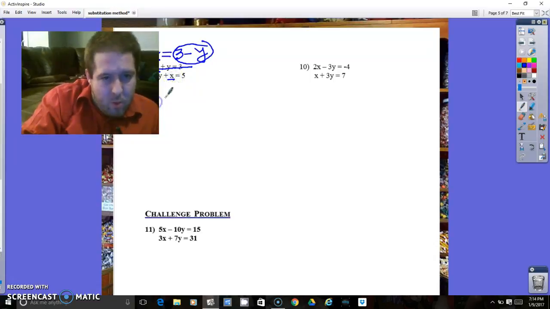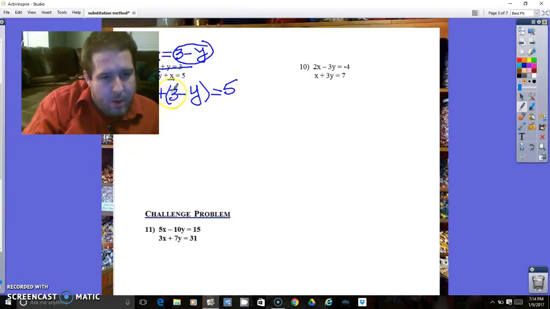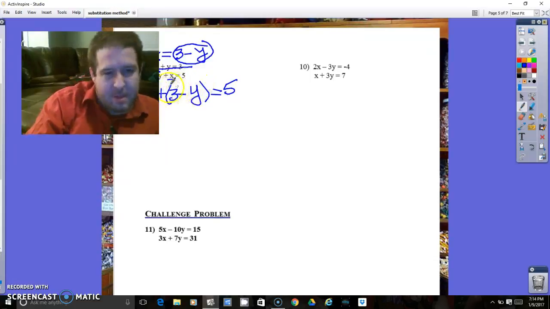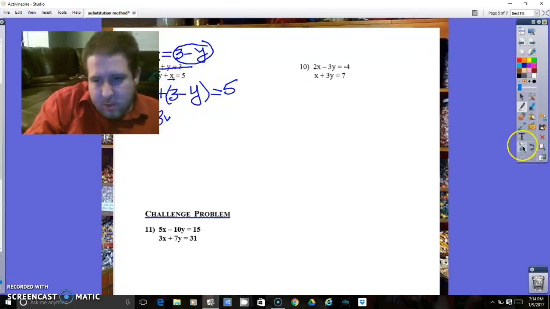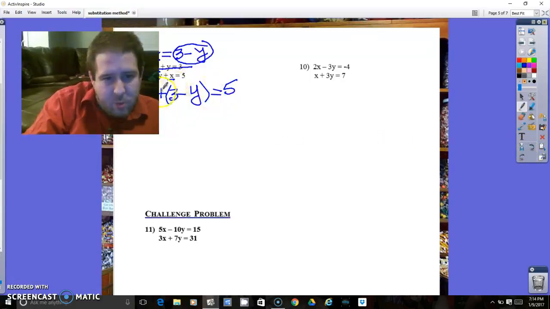So we've got 3y plus 3 minus y, that's what I substituted, equals 5. All right, so there's nothing to distribute there because there's just a plus sign. We can say, well, keep that the same, keep that the same. So it's really a 1 on the outside, but there's no reason to do that. So that's going to be 3y minus 1y, that combined like terms makes 2y